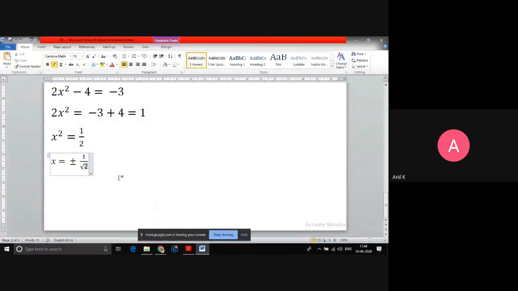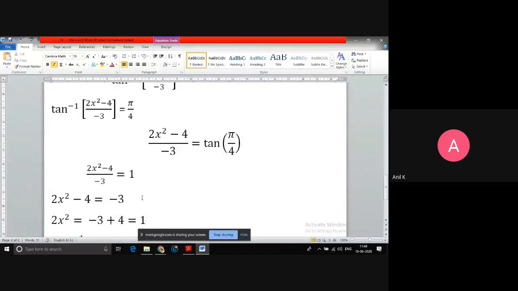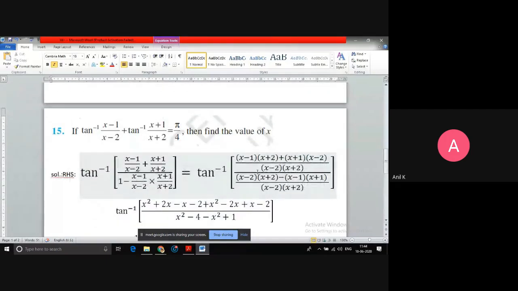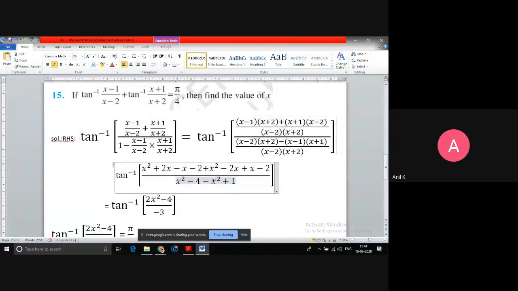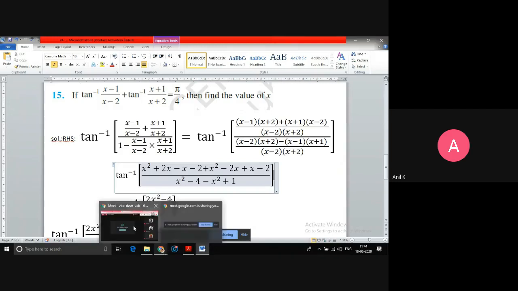I think they asked you to find the x value, so hence I got x equals to plus or minus 1 by root 2. The only thing is, in these 1 or 2 steps you have to be very careful with the sign and the multiplication. The first step is substituting correctly in the formula. In the second step, when you open the bracket, you have to be careful. Here you have a minus sign, so I have to apply that minus sign to each and every term when I open the bracket. Be very careful in that step, otherwise I think it is easy.